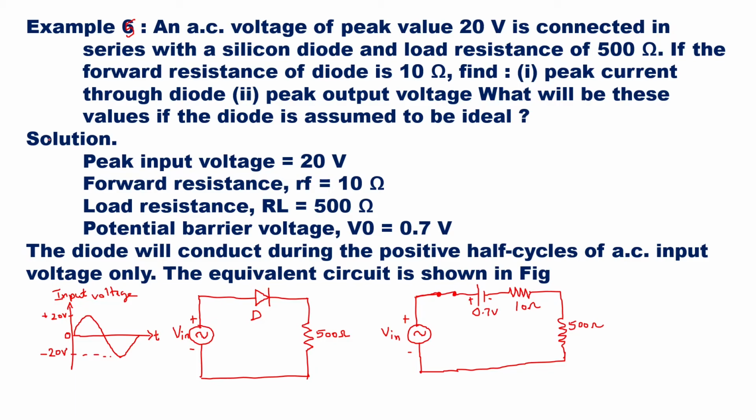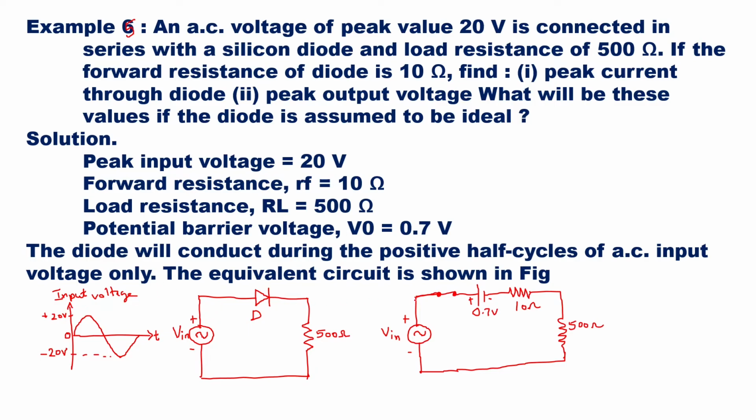If the forward resistance of the diode is 10 ohms, find number 1, peak current through the diode, number 2, peak output voltage. What will be these values if the diode is assumed to be ideal also? That also you can find out. Okay, now here if you see